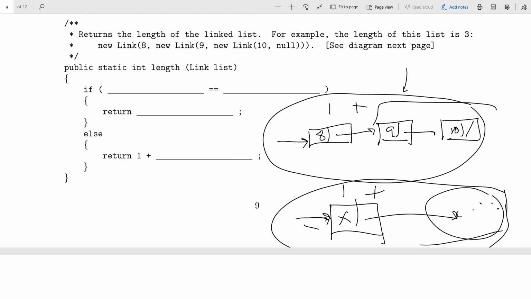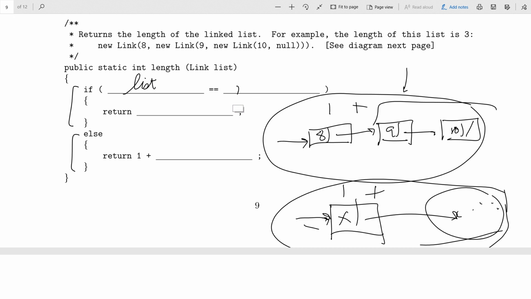Okay. What's the base case for the length of a linked list? What is the base case? Yeah. Null is the base case, and that has a length of 0. Okay. So with all that in mind, we've got the base case to fill in right here and the recursive case to fill in right here. So what test do we do to decide if we're in the base case? Okay.